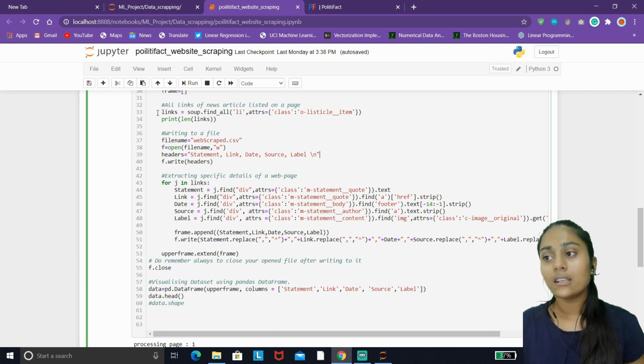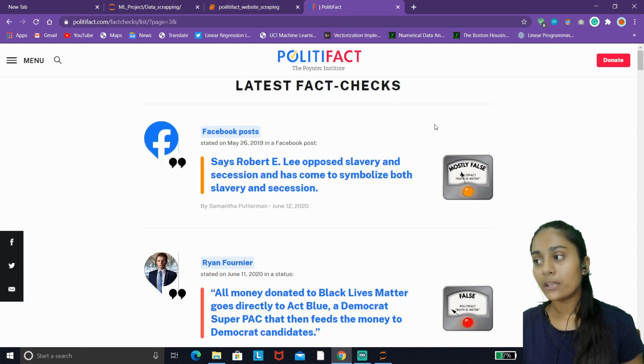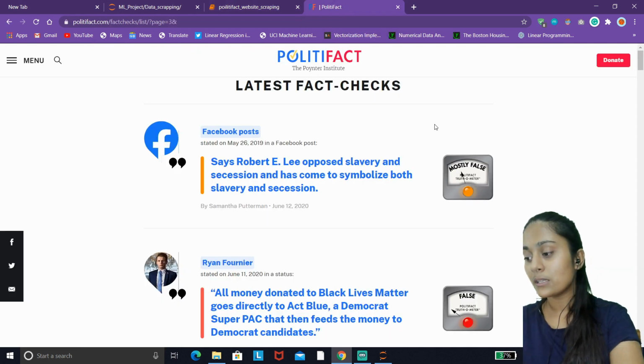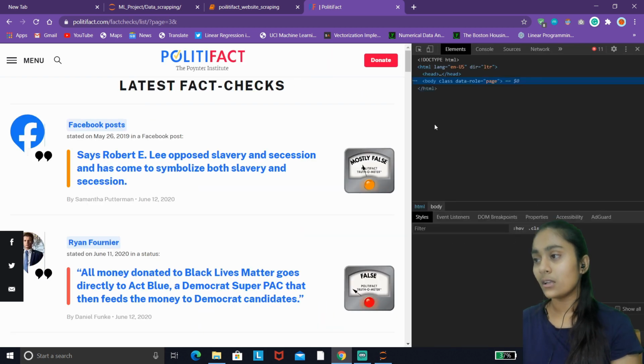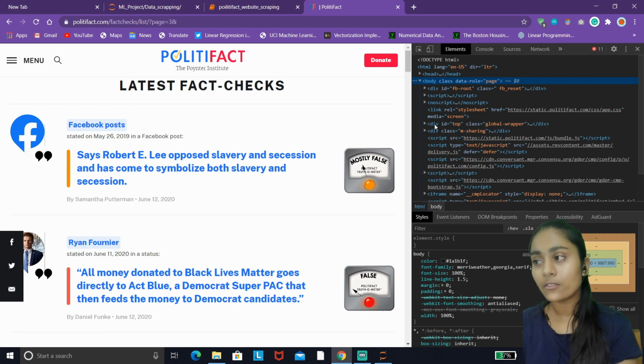So let's, for instance, inspect this line. How did I write this here? Go to your website and press Ctrl plus Shift plus I to open up your inspect window.